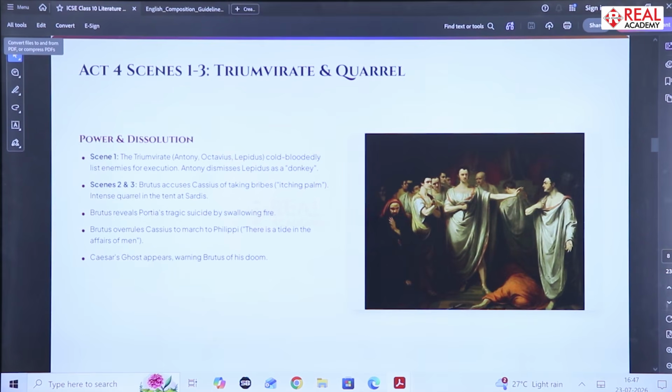The scene exposes the hypocrisy of Antony, who had appeared compassionate during Caesar's funeral but now seeks power. The conflict shifts from political conspiracy to civil war, setting the stage for the Battle of Philippi. Major themes: abuse of political power, ambition and authority, betrayal and sacrifice, revenge and justice, manipulation and hypocrisy, political alliances.